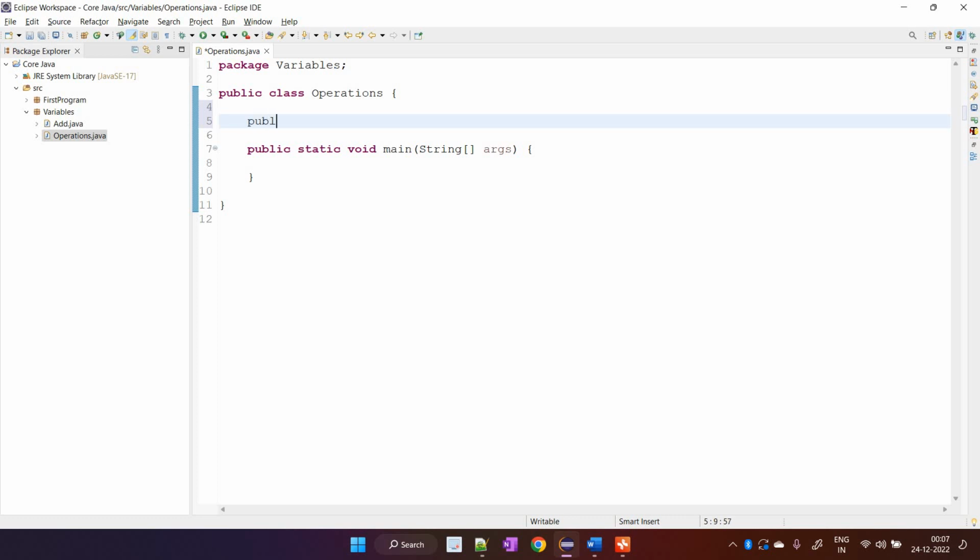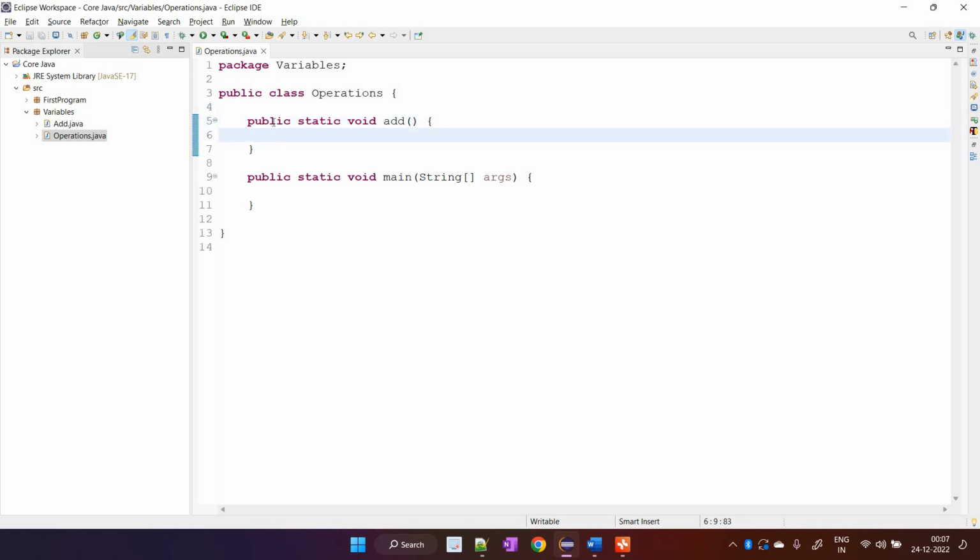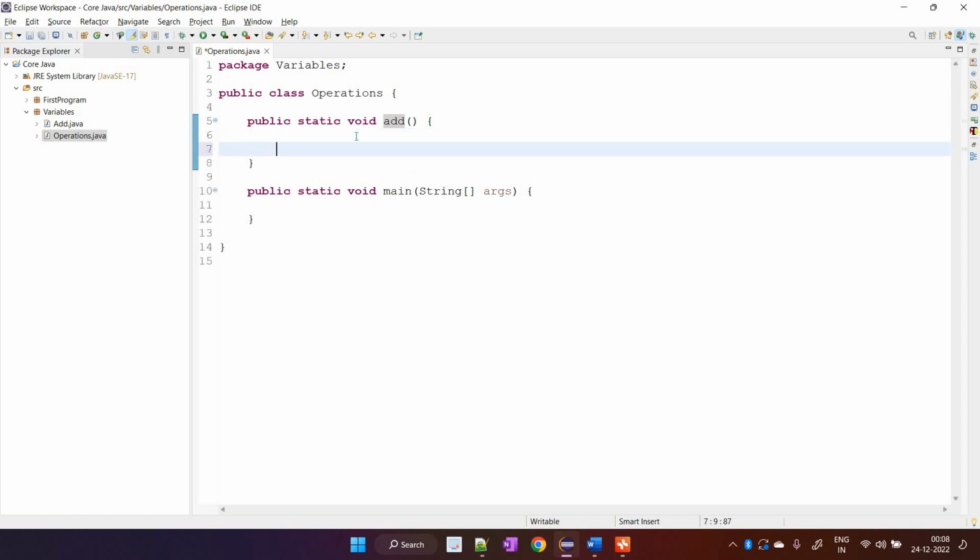So let's create public static void. Say I'm just going to create one type of add method. What all things I have used: access specifier, modifier, return type, and name of the method. Inside this I am going to initialize few of the variables. Now later on what I will do is I'll call this add method inside main method and I'll try to execute it. Now inside this, if I'm just writing int a equals to 60, see guys, this is totally